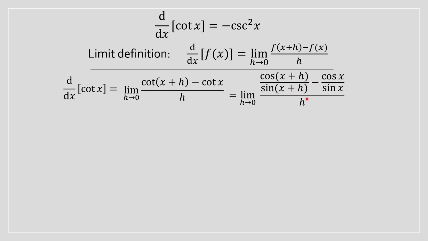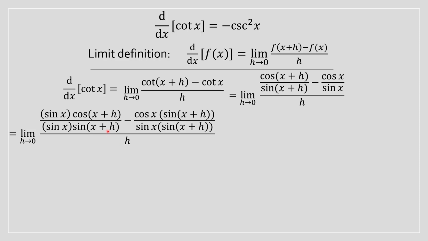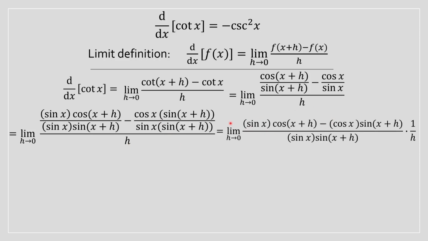At this point on, we're going to try to get a common denominator. So we're going to multiply sine of x to the left hand side to this fraction and sine of x plus h to the right hand fraction over here. And we're going to basically have a common denominator as well. So when we rewrite this, we can rewrite it as this, basically, right? So this here is the common denominator, and we can multiply 1 divided by h instead of having this division